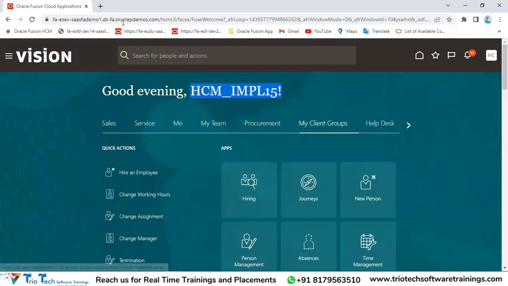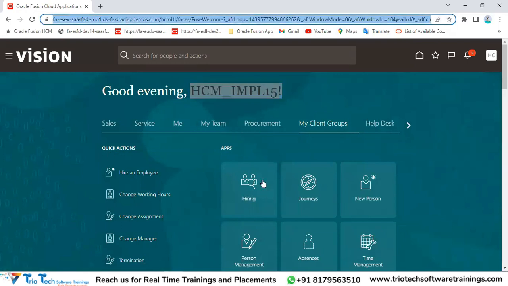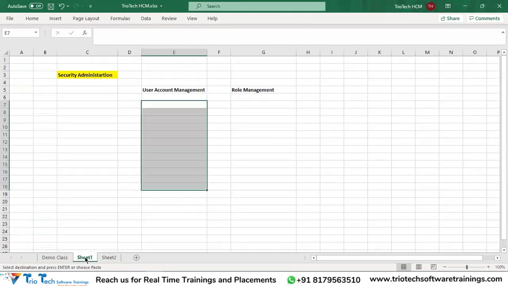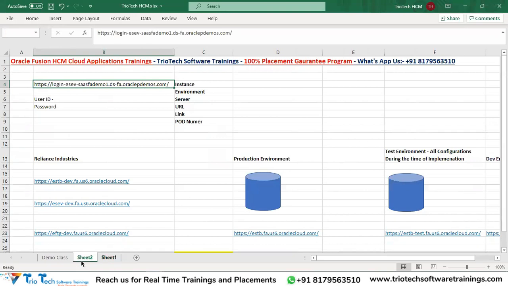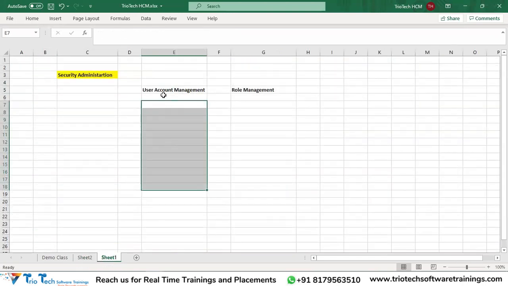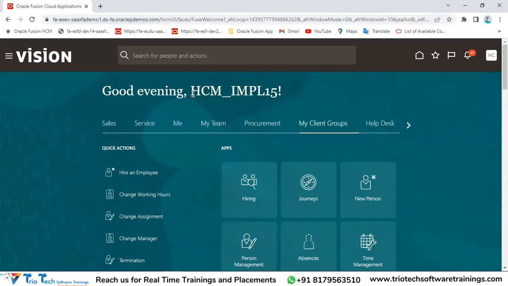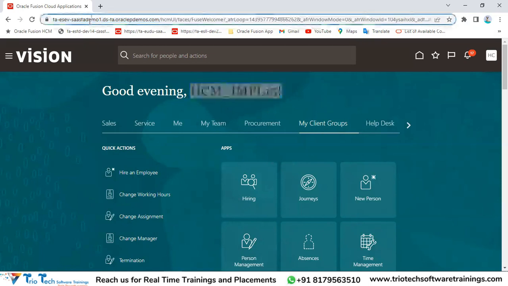So how will the user accounts in the system be created for our team? That I want to show you. Before working on any implementation project, one should know how user accounts are created in the system. This is one case: for our team members, how the user accounts will be created to start working in the application. But not only this. Once we implemented the application, went live, and handed over to the client,